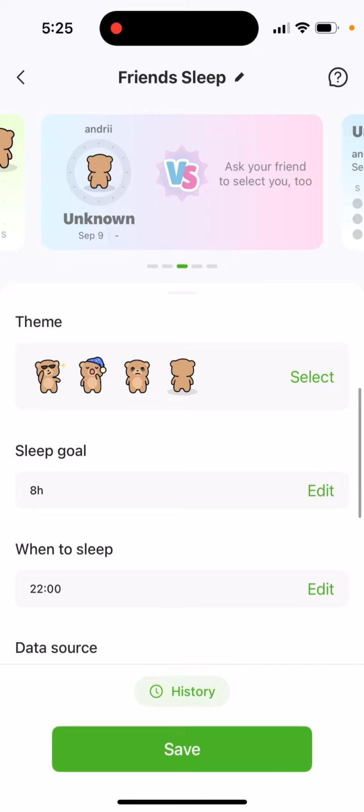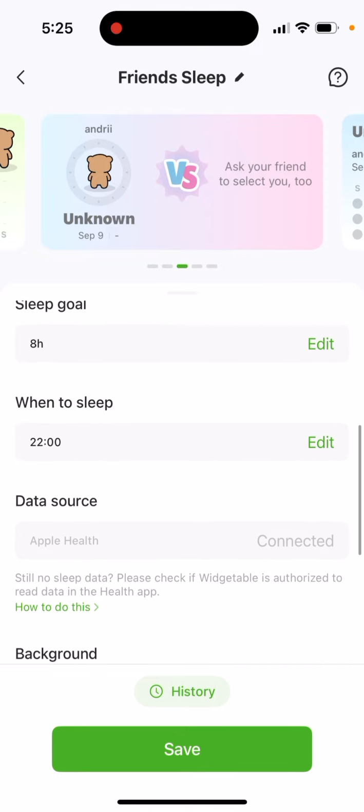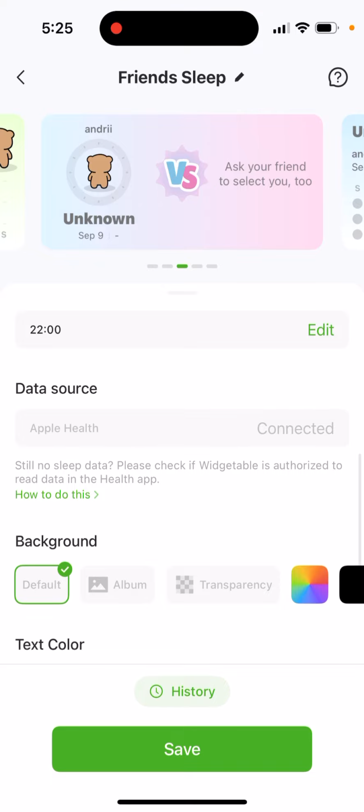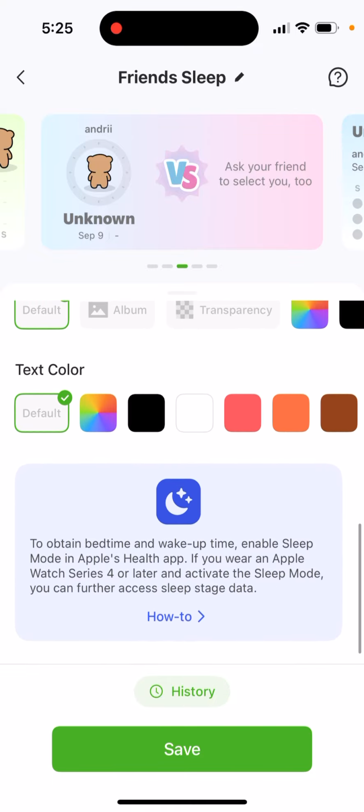You select a theme, enter your data, sleep goal, and then when to sleep. But then you also need to connect your Apple Health here. I already did it, so that's basically how you do it. And yes, that's how you connect it. It can be a bit buggy because you also need to go and enable sleep mode in the Apple